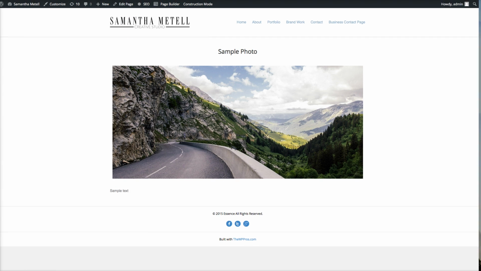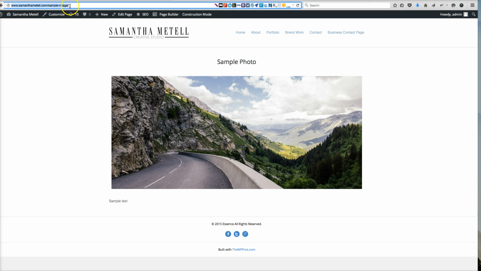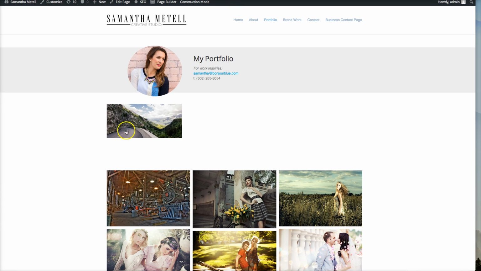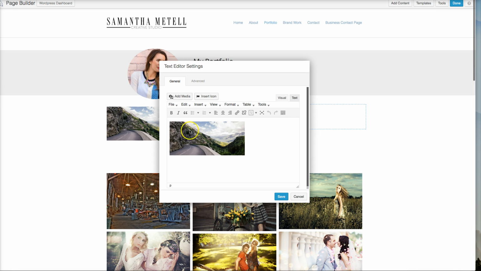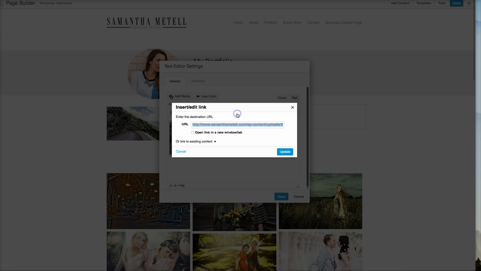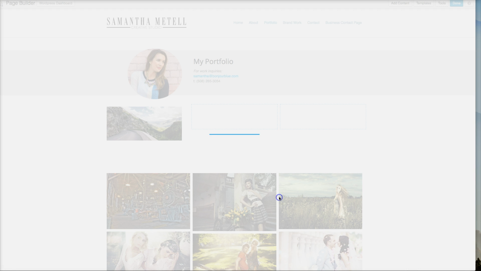and you're going to get a URL link up here. I just put sample photo, so I'm going to copy this URL link, and I'm going to go back to this area, and you can imagine what I'm going to do. I'm going to go back to the builder, and I'm going to click on this text editor area, click on that, go here, and I'm going to delete their sample one and update. Now you can make it open a new window, or you can make it just go directly to that page. And I'm going to press save,